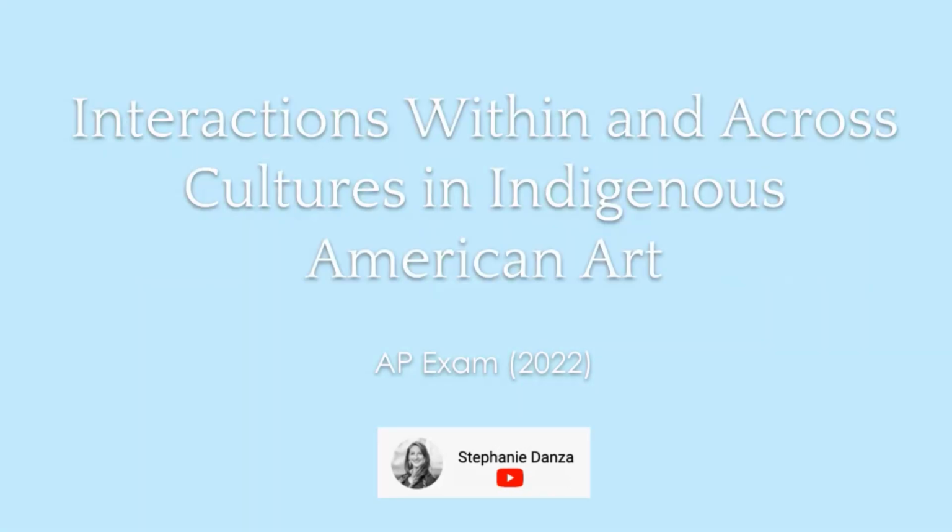Unit 5, Indigenous Americas, 1000 BCE to 1980 CE. Interactions within and across cultures in Indigenous American art. Art of the Indigenous Americas is among the world's oldest artistic traditions. Although its roots lie in northern Asia, it developed independently between 10,000 BCE and 1492 CE, which marked the beginning